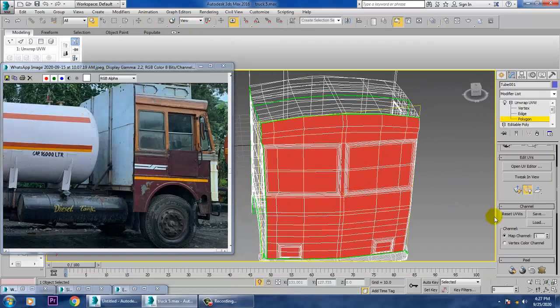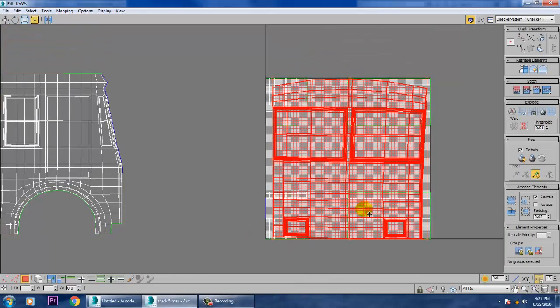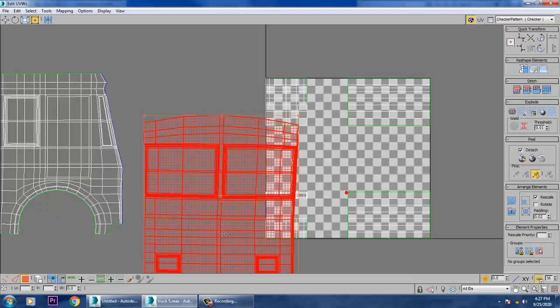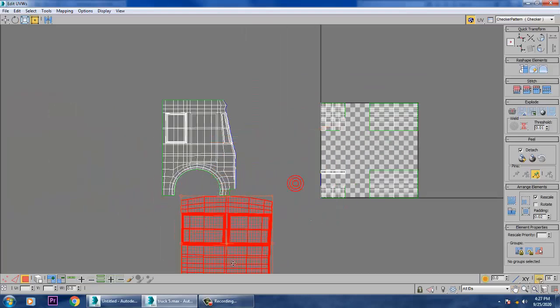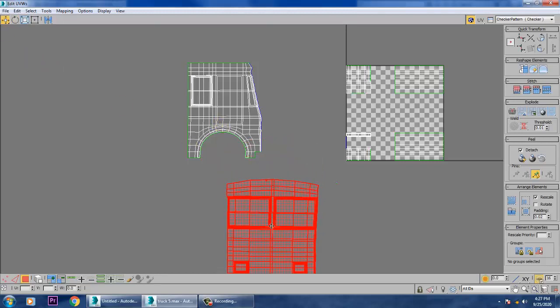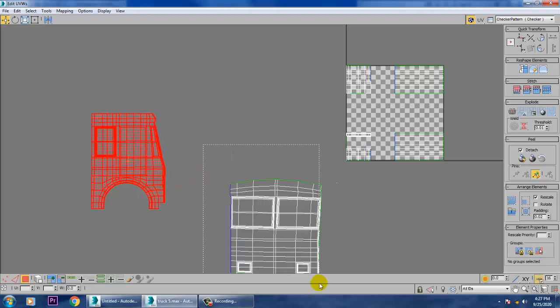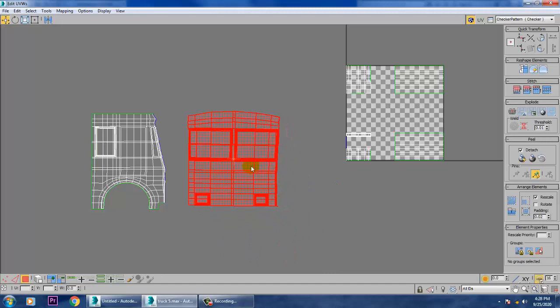So again I'll go into this and give a quick planar map over here, and let's push this out over here in this way. Much better. So we'll select this, push this over here, select this, push this over here.